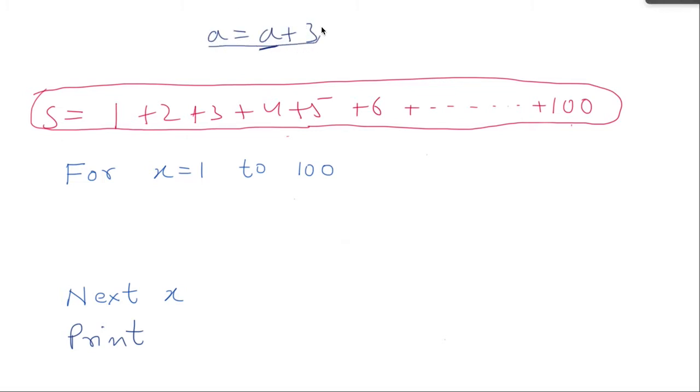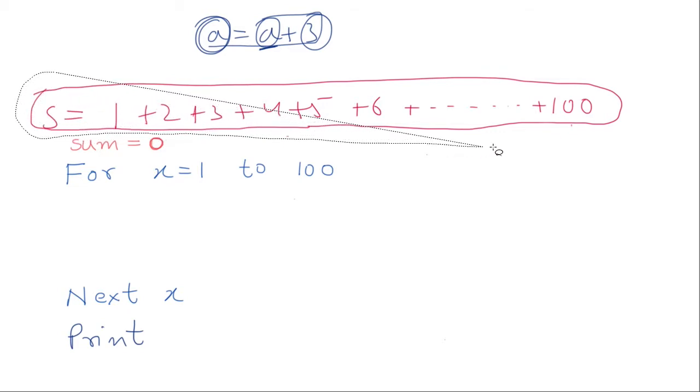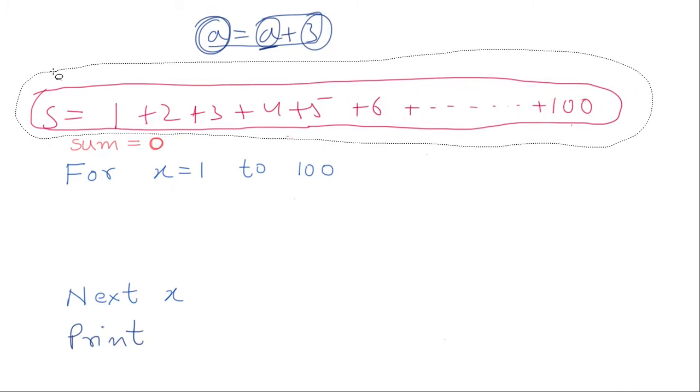So when we do this, on the old value of A, the 3 gets added, and we get stored in the new value of A, and the old value is gone. Gone from the memory of the computer. So something like this we have to use. So I'll give you some hints. Suppose the sum will be stored in a variable called, I'll call it sum so that it is clear. And initially the sum variable is 0. There is no sum to it. And slowly I want the computer to keep adding the values to it. Like keep adding 1 and then 2 and then 3 to the existing sum. Is that clear?